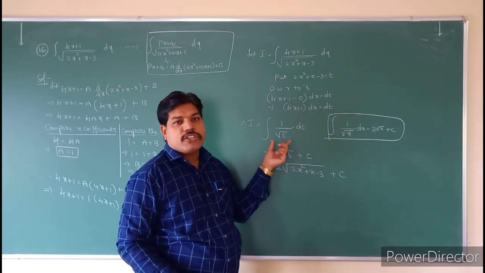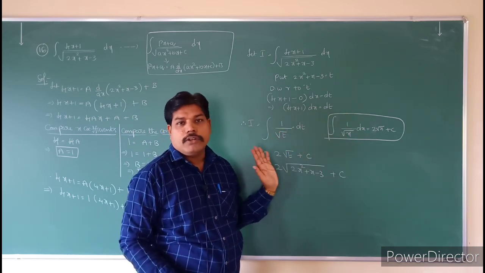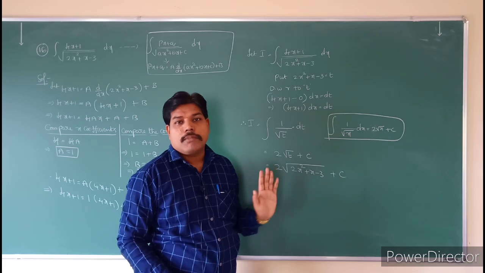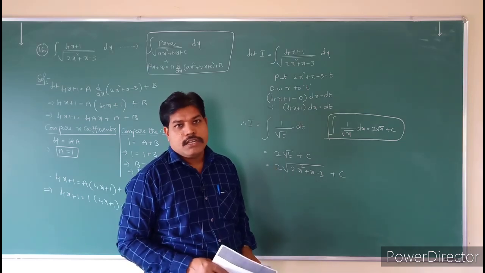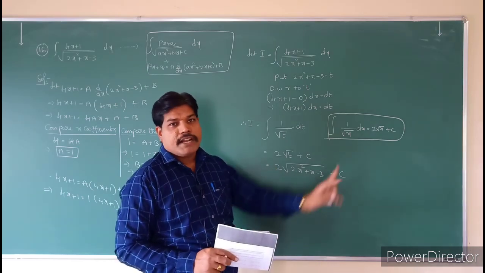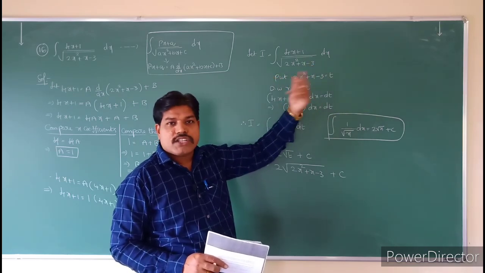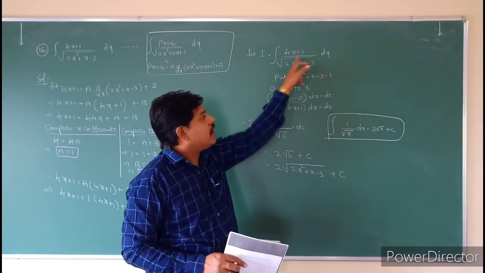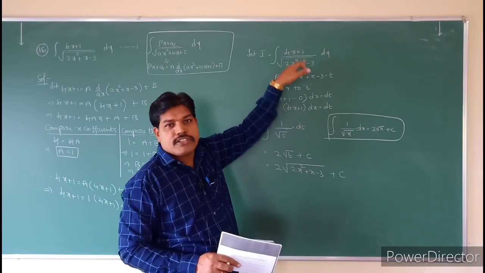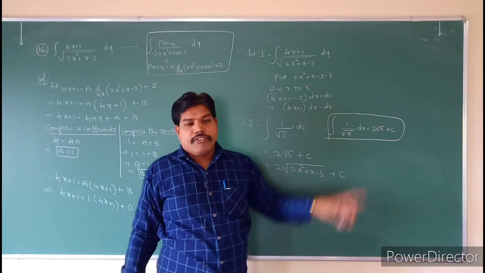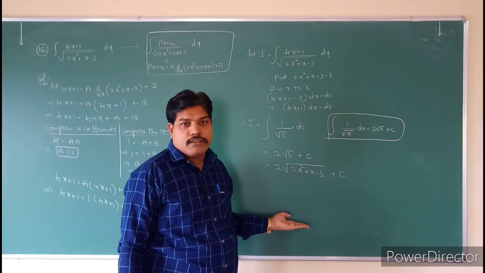So take the problem, I is equal to integral of 1 by root t into dt. So that is nothing but 2 root t plus c. Do you understand, students? In this particular problem only you will get like this. So if the problem is given, you have to understand whether the denominator derivative is in the numerator or not. If it is not, you have to follow this step. If it is there, you can do it like this.